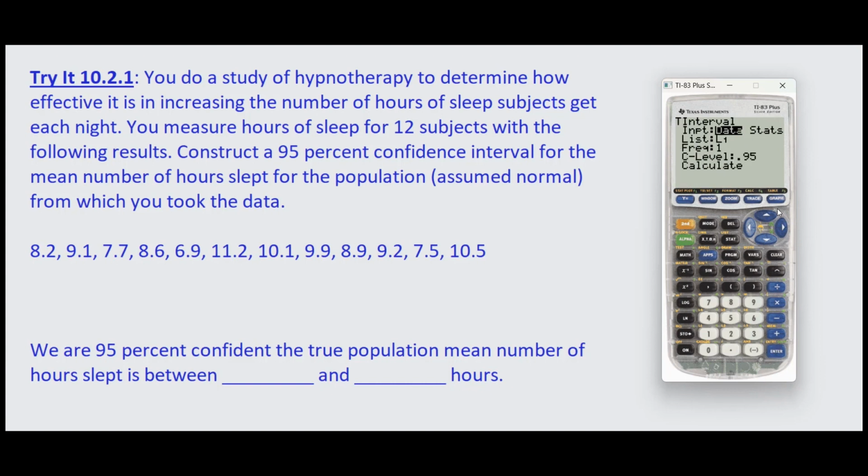We're going to use the data, so instead of using stats, we will use data. We just recorded that data in list 1. Confidence level, we want it to be 95%, so then we just go down to calculate. And with that, we're given that the t-interval is 8.1634 to 9.8032. So we can say that we are 95% confident that the true population mean number